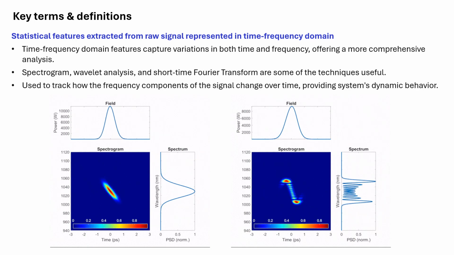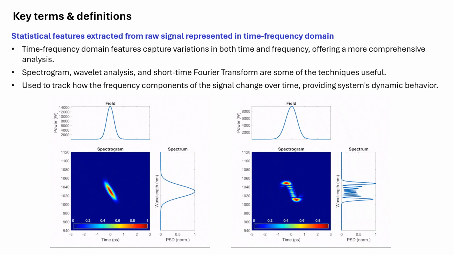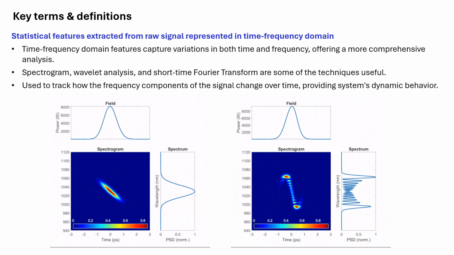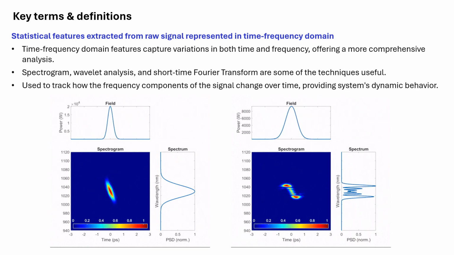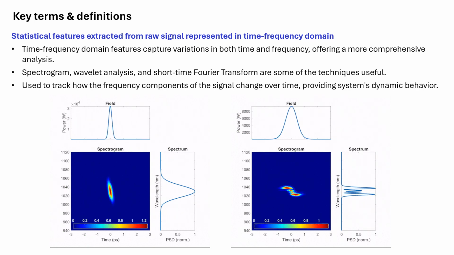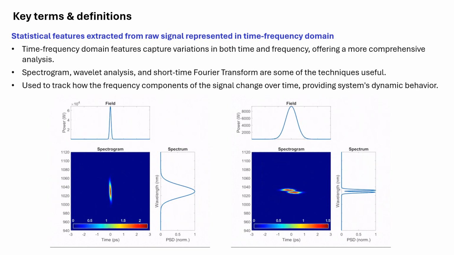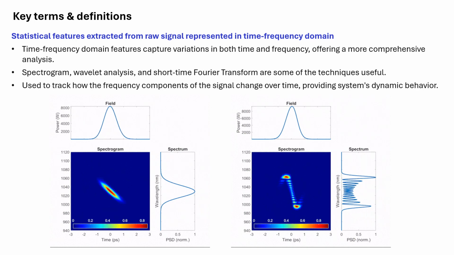This approach allows for a time-dependent representation of the frequency spectrum, enabling the tracking of dynamic changes in signal. The time-frequency domain features extracted through these techniques are instrumental in understanding the dynamic behavior of a system. By tracking variations in frequency components over time, analysts gain insights into how different operational conditions or external factors influence